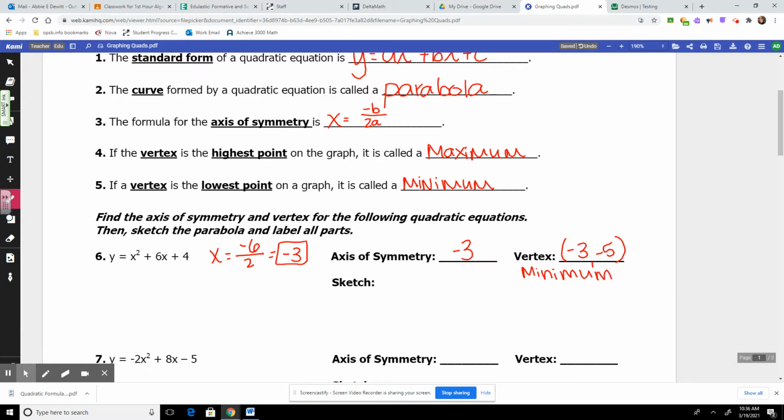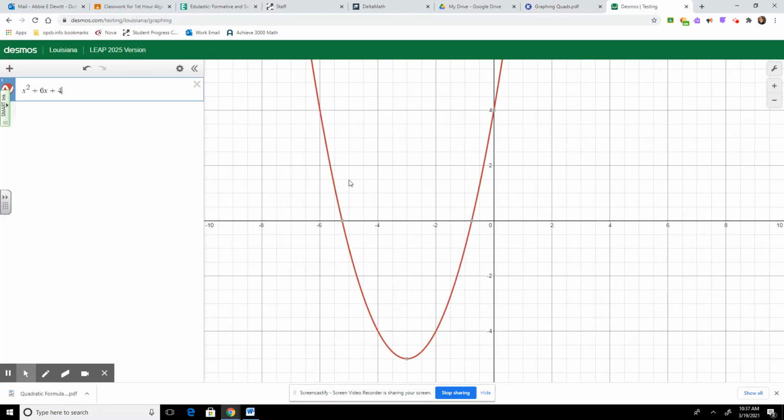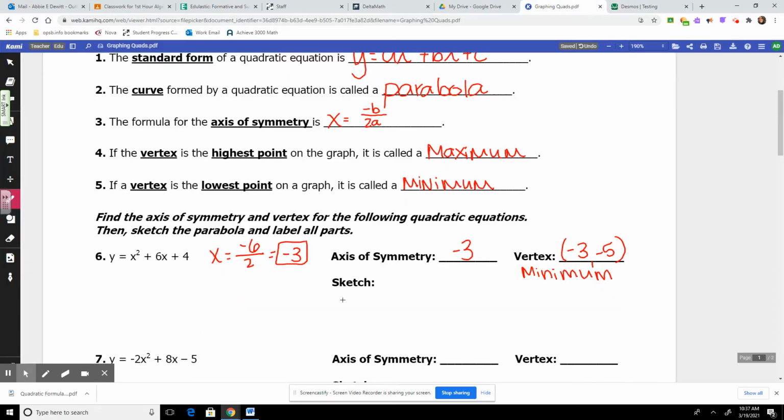The vertex is your minimum. Okay, you can sketch that graph here if you want. I'm not going to sketch the graph because I have the graph here. I can see the graph. Okay, now over here to the side, I want you to also write the number of solutions,